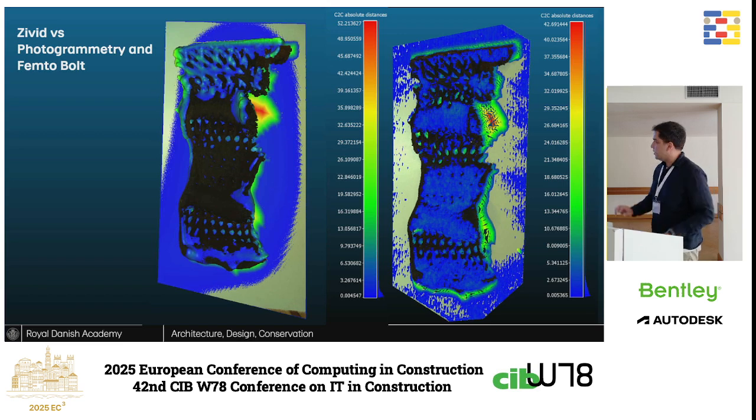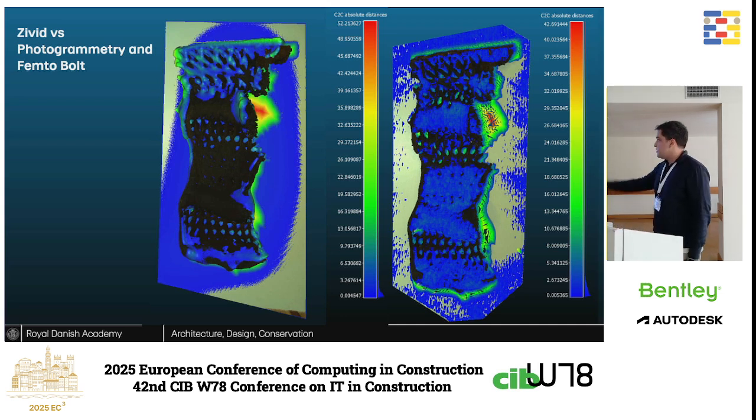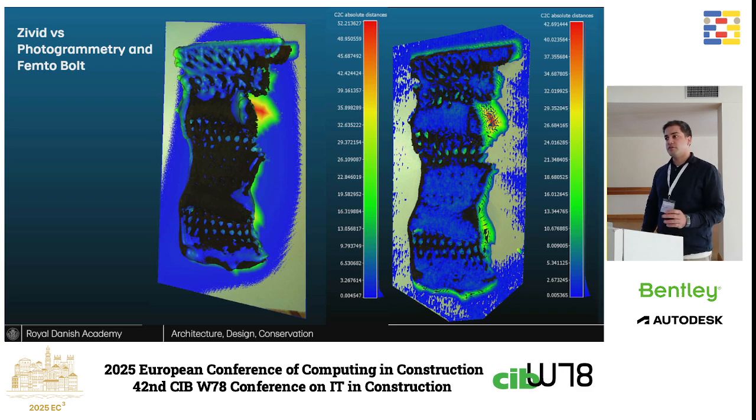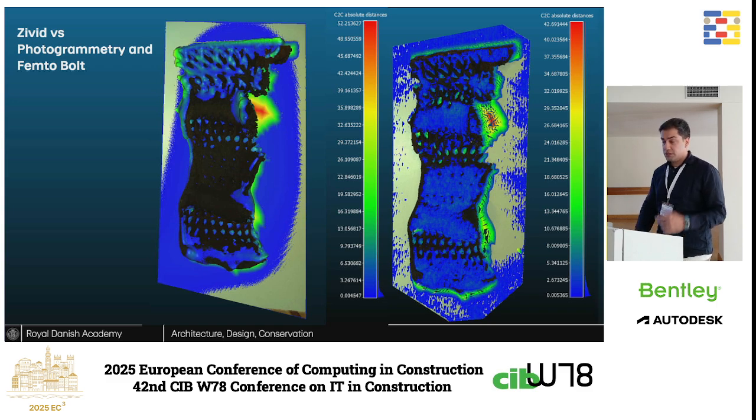But to begin with, I compared the 3D scan that we had, which is the Zivid, with photogrammetry, which you can do with your phone, and with the Femto Bolt, which is the Chinese version of Kinect. As you can see, with photogrammetry and the Zivid there is a huge displacement between the two 3D scans, and with the Femto Bolt, which is like Kinect, the resolution was lower, which was not enough for our load-bearing tests or other projects that we have, like conformal 3D printing or adaptive 3D printing. So we needed a very fast